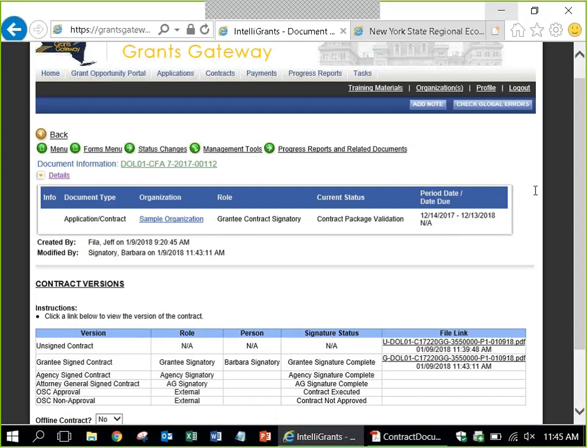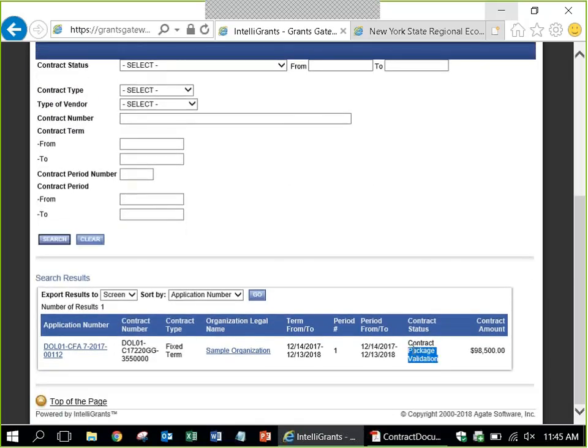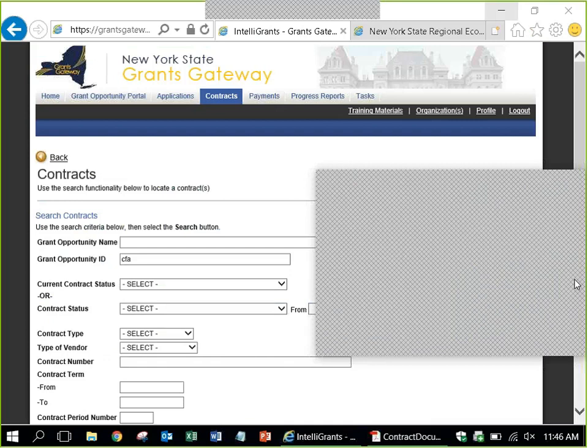It's not something I'm going to show you in the system, but if it did, you would search for it, and it would show the status of contract executed. So that's how you know if your contract's been signed, contract executed. So someone asked, how do we know if the contract is still waiting on Attorney General or State Comptroller's signature? Again, it's at 15 days, but if we did go to my contract,